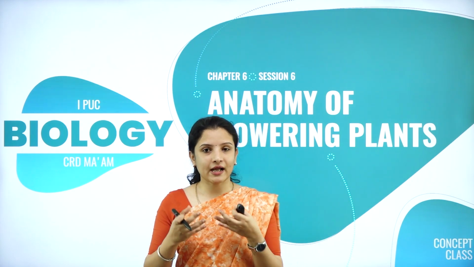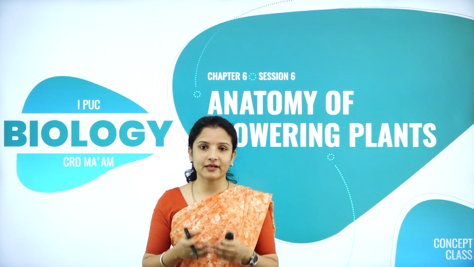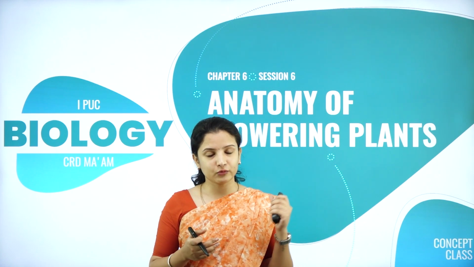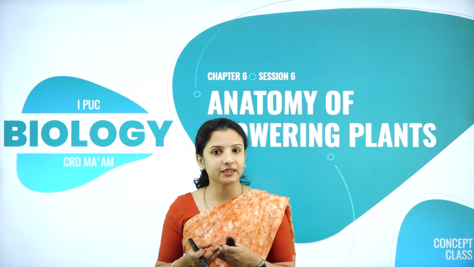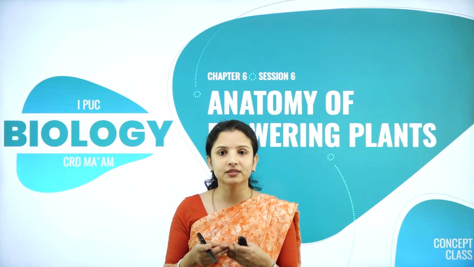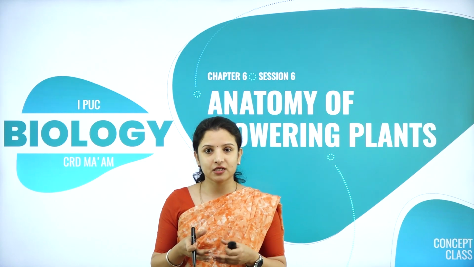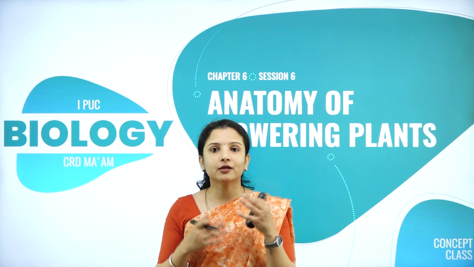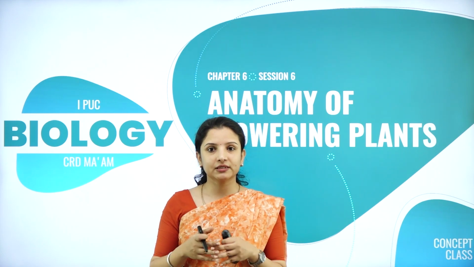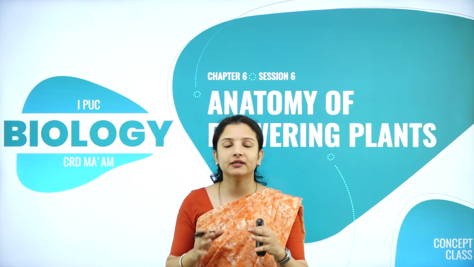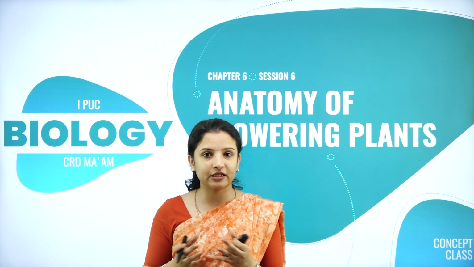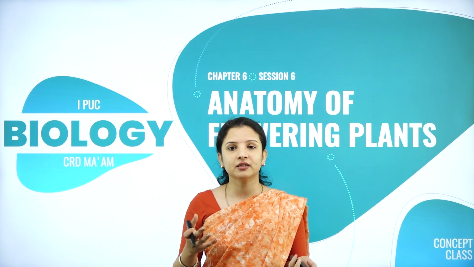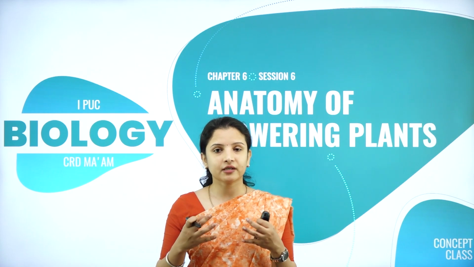So dicots, they had pith which was made up of parenchymatous cells and the cells were large and loosely packed. But in the case of monocots, the pith region was completely absent, or in other words, the parenchymatous region that was supposed to be there was completely absent. And not just that, when looking into the vascular bundles, in a dicot stem, the vascular bundles are neatly arranged in a radial manner. But in the case of monocot stem, they are haphazardly arranged, as if scattered here and there.